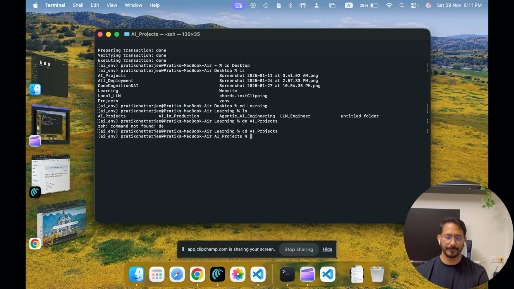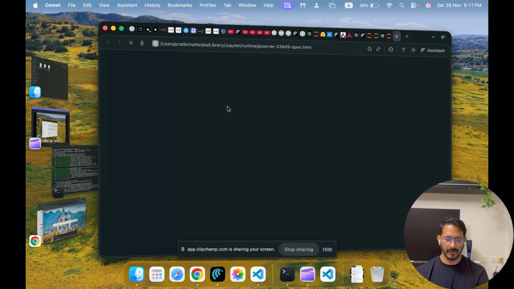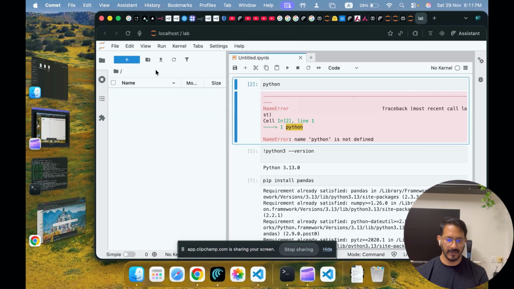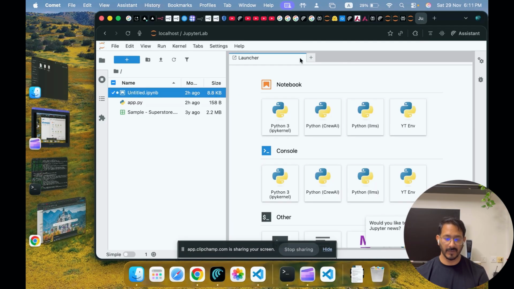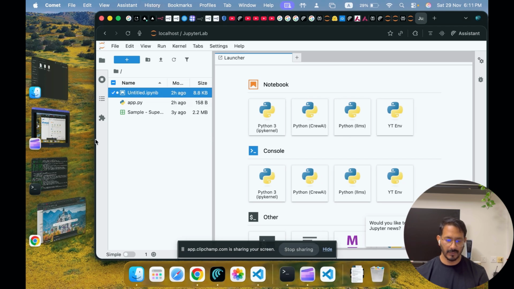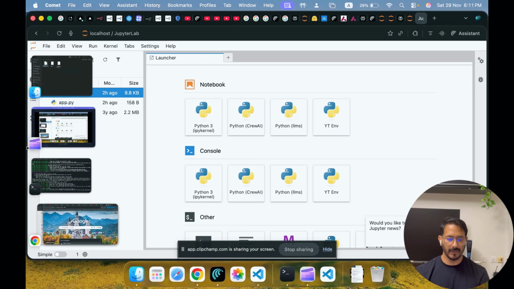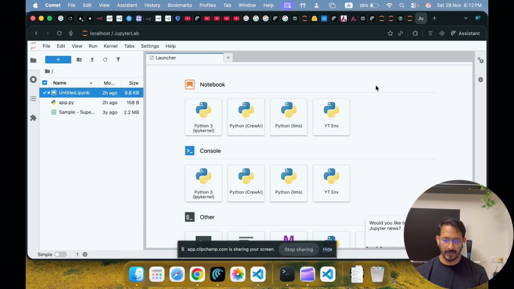What I have to do is now just type JupyterLab. The moment I type it in, it opens JupyterLab with the folders that I have. Okay, the folders I have. Now, I hope you have done the same thing. Let's click on it. What you can see in the launcher on the left hand side is